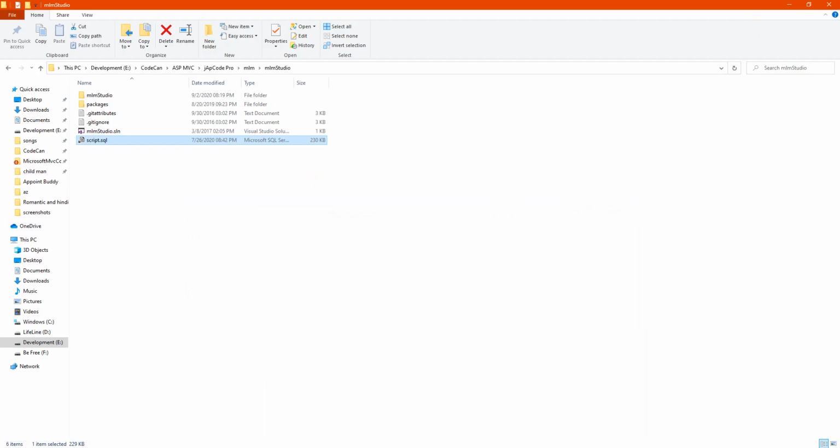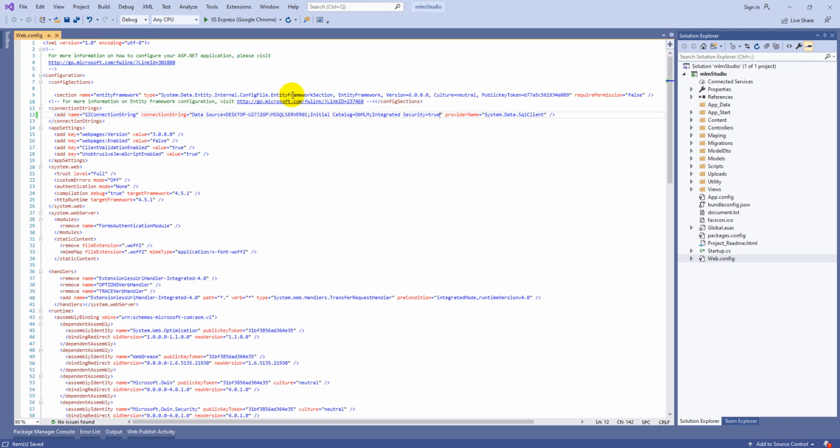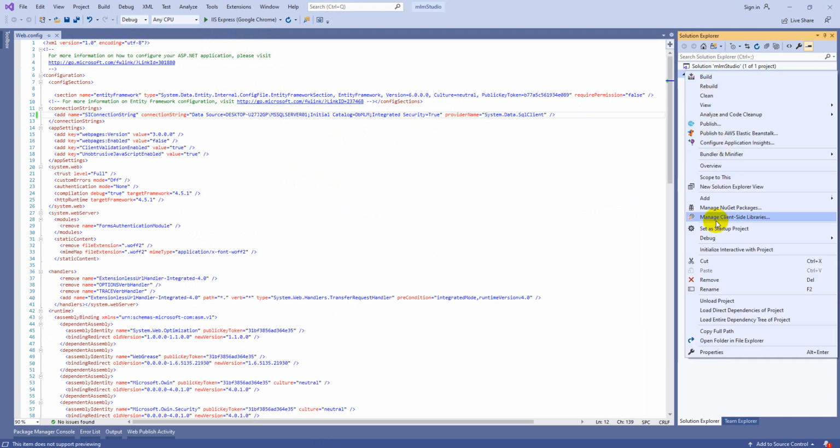Now our connection is successfully established with SQL Server. Now you need to run this one.